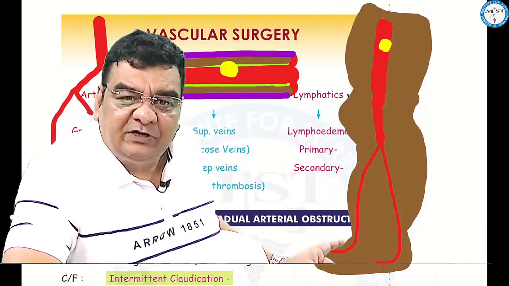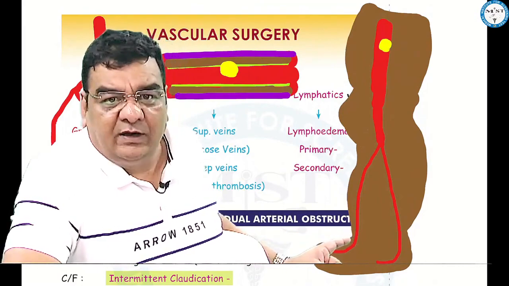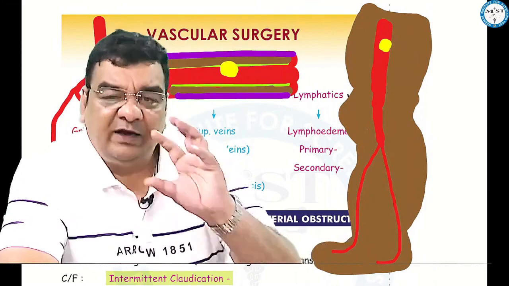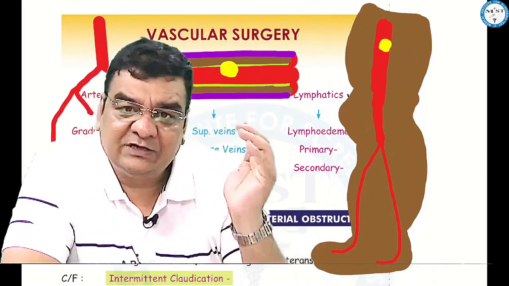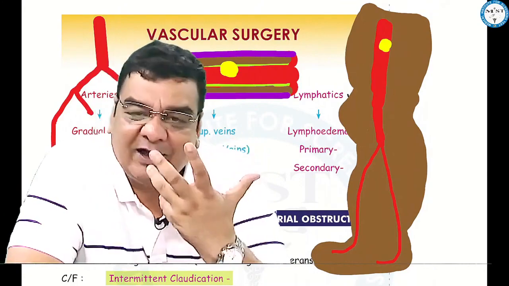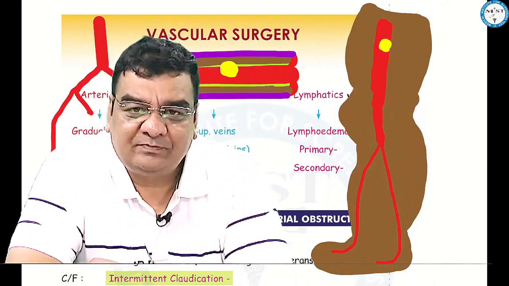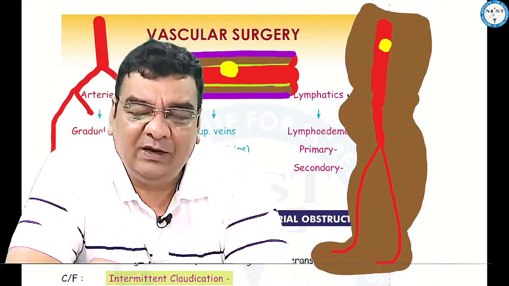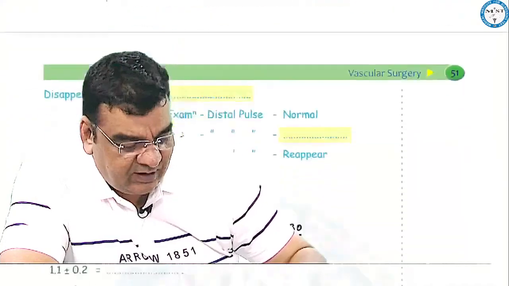More obstruction, the pressure here might be 20 millimeter of mercury or 10 millimeter of mercury. So just by calculating the ratio of ankle pressure versus the brachial pressure, you can come to know what is the severity of obstruction. This is ABPI, and this instrument what you're seeing,